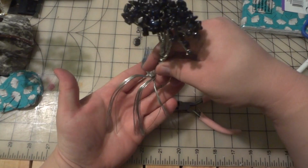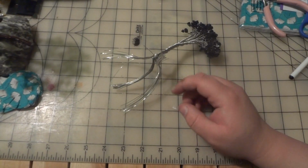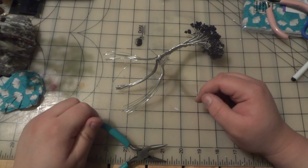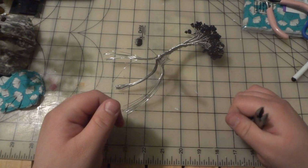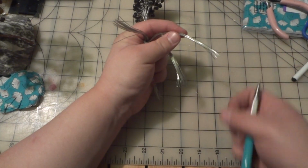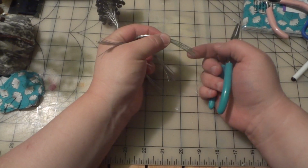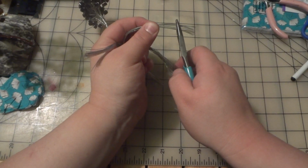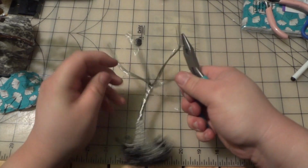So that's what I've got right now. This is where you will need your pliers. You can try and do it by hand, but I've found I get a more even twist when I do it this way, and I'm able to hang on to it a lot better. So what I do is I take my pliers and I kind of spread out the wires like this. Grab a hold of them. Clamp down,